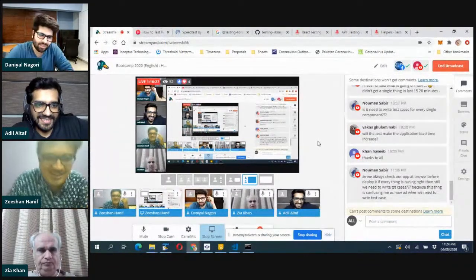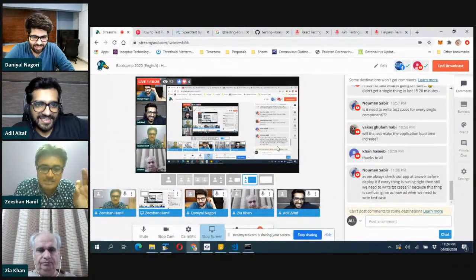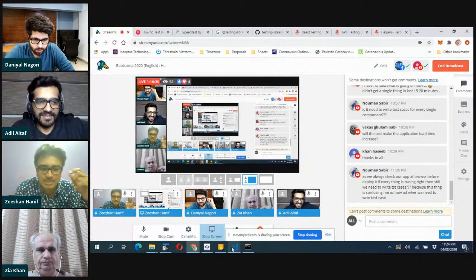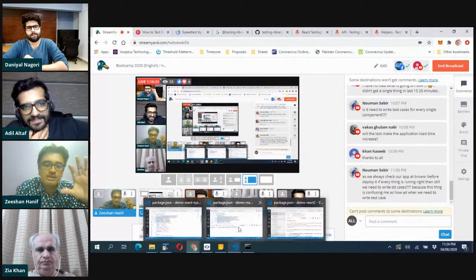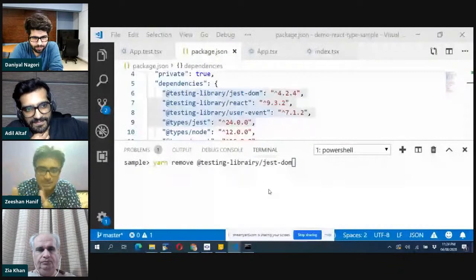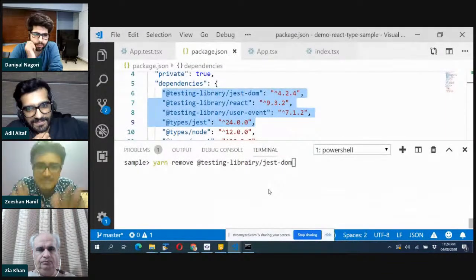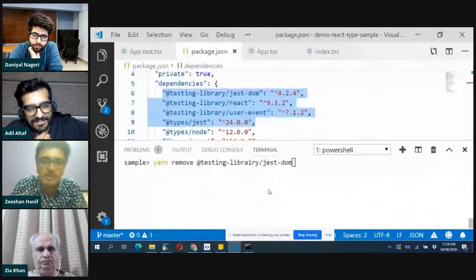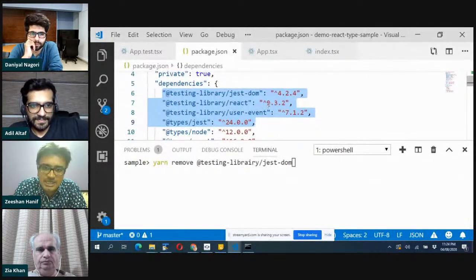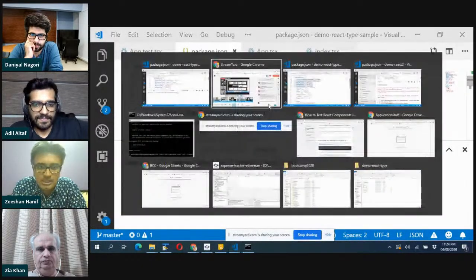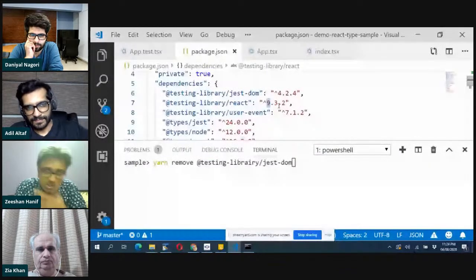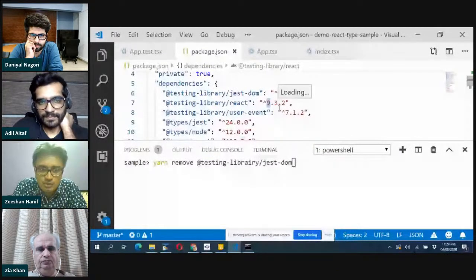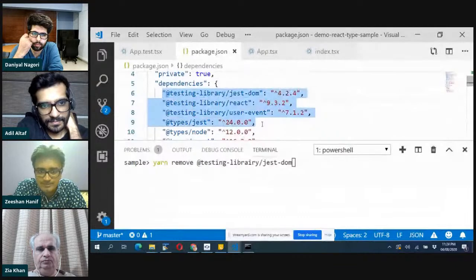Okay, so let me explain again. Once we create a project with the default TypeScript template, it adds all the testing libraries but with older versions. As you can see, 9.3 is way older than it should be. So that's why we need to remove these 4 libraries, the JSON and